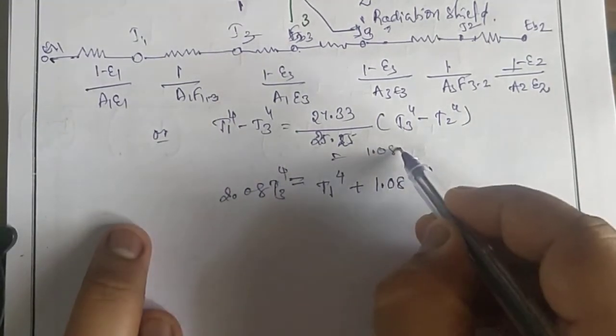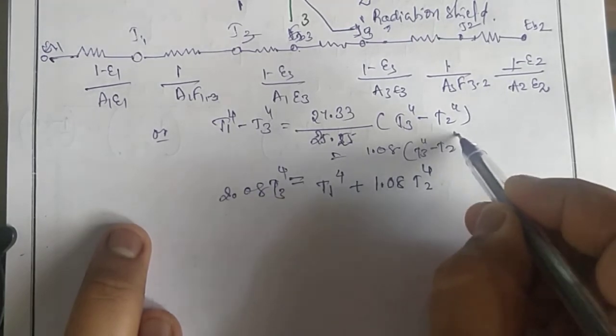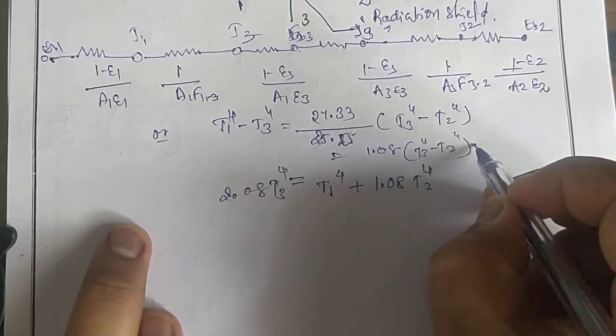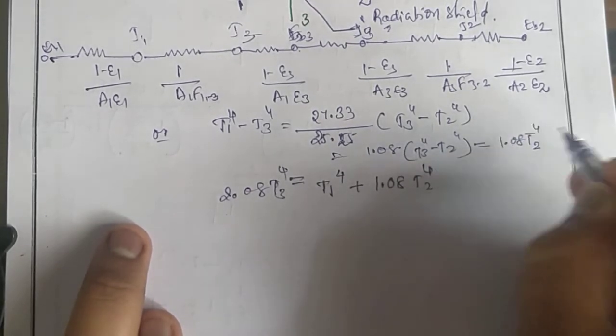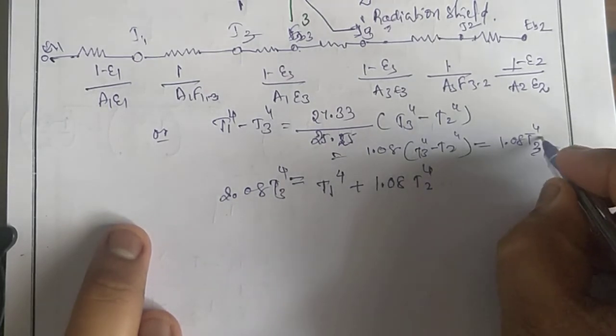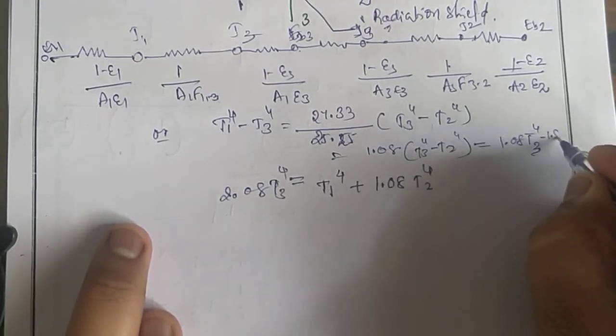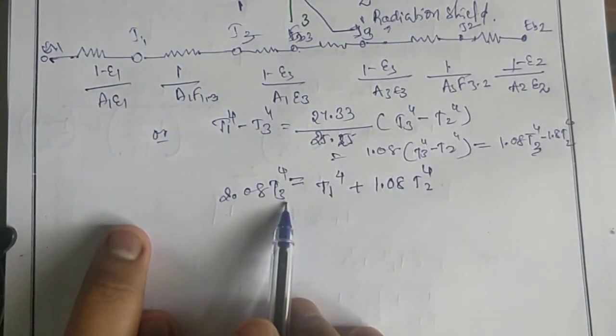1.08 T3 to the power of 4 minus T2 to the power of 4, okay, 1.08 T2 to the power of 4, T3, minus 1.8 T2 to the power of 4. Okay, further you can write like this: